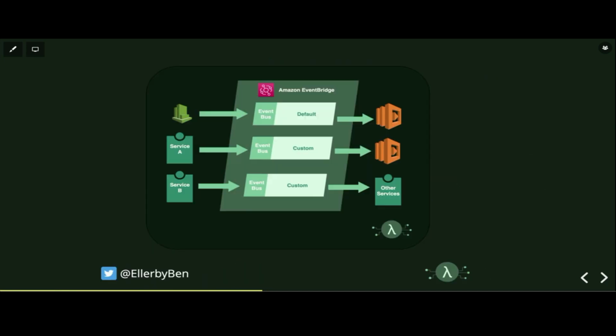If we jump back here, we can see what this looks like. EventBridge is a service that can contain multiple event buses, be that the default event bus, which is the bus through which AWS events go through. So those CloudWatch events that we've had for a long time, nothing's changed there. It's the same underlying system, just being consumable through an event bus in EventBridge. You can also create custom event buses.